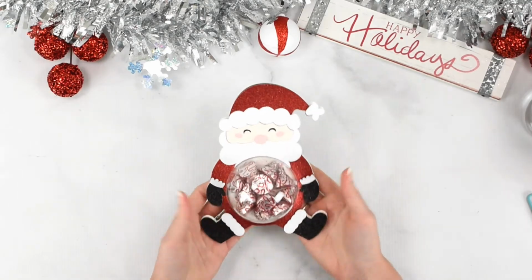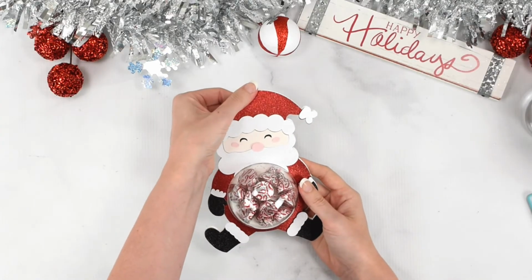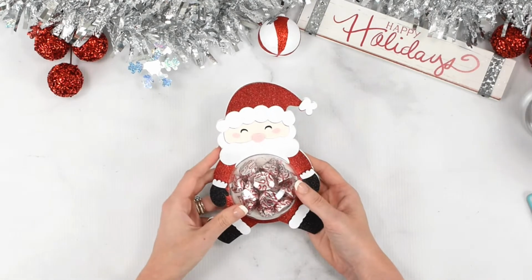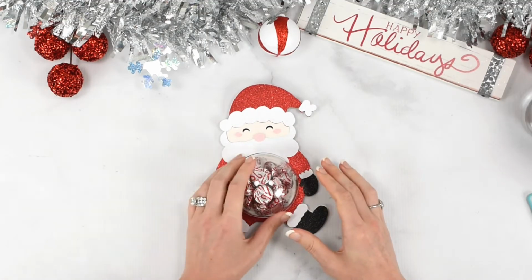All right, there we have it. Our Santa Christmas candy holder is finished. How cute is that? Super, super cute. I think these are excellent gifts to make for kids, with kids, for coworkers, stocking stuffers. So overall, just a super cute gift, and even something that can be used as a keepsake because we're using